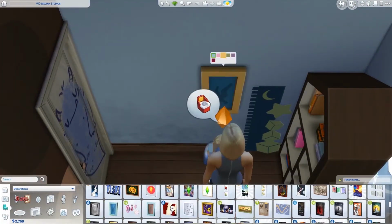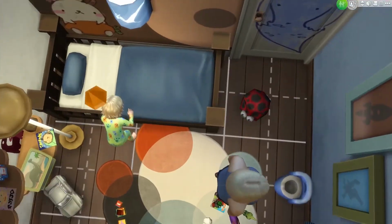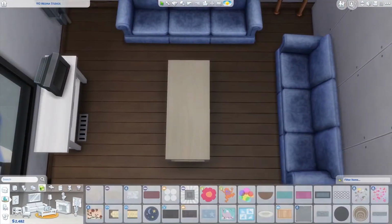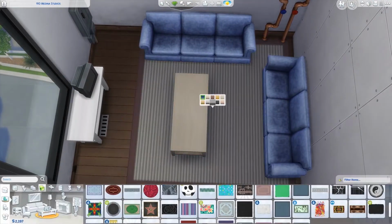So I thought, let's do that. So he has a lot of toys, he has a lot of color, and it's just fun. I think he's, I'm sorry, I'm losing my voice. I think his bedroom is real fun for a kid. And you will see that it's right to...